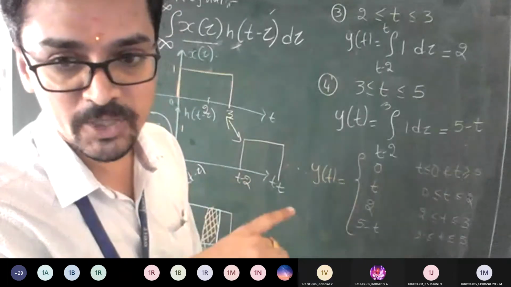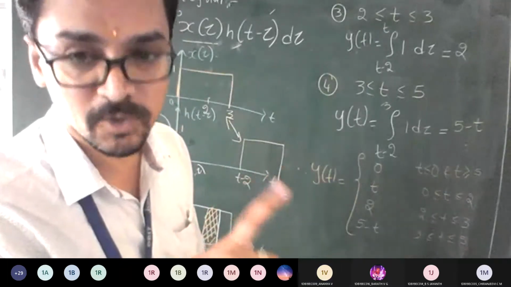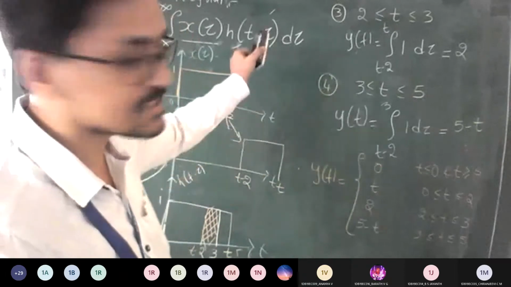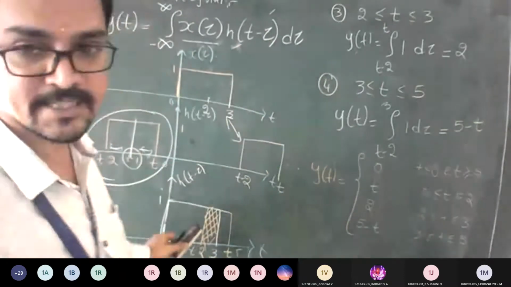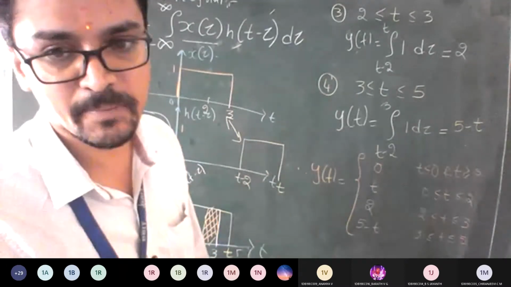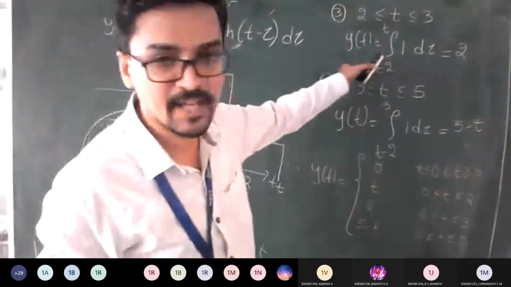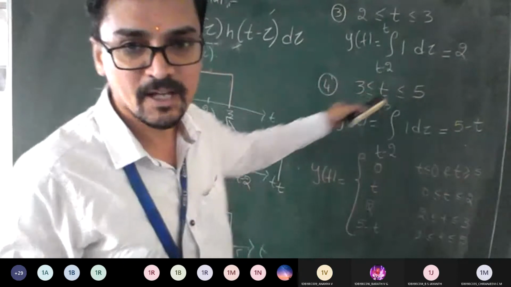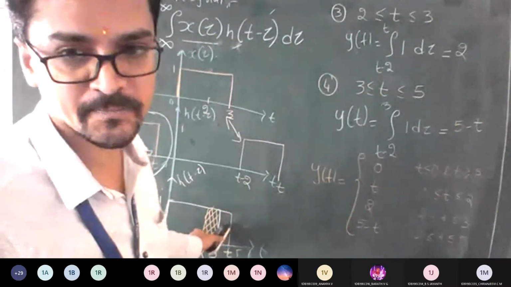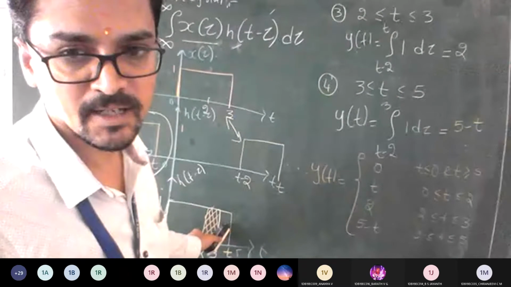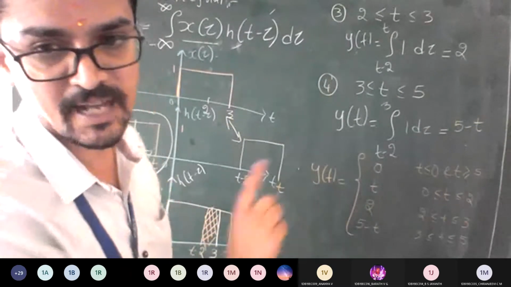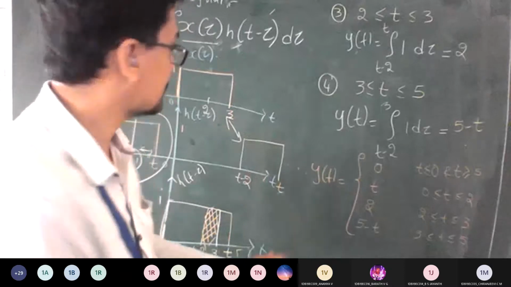Assume that for the same question, if they ask you to sketch the output also, till here you get 10 marks. Step by step, along with the sketch that I showed here. If you plot, then only you can expect the full marks. If you straight away write the answers of t, 2, 5 minus t without sketching, you're not going to get marks for the waveform sketch. Clear? Now assume that for the same question, they ask you to plot y of t also. I think in the last classes we've done this, right? So try to do the same thing now.